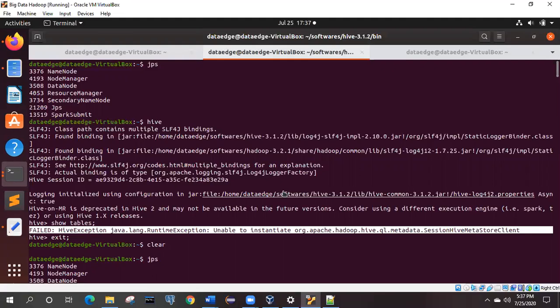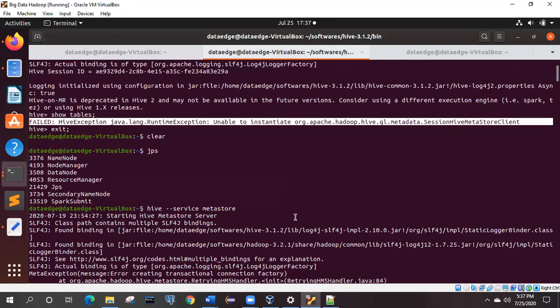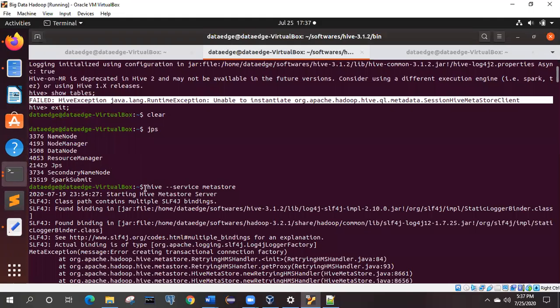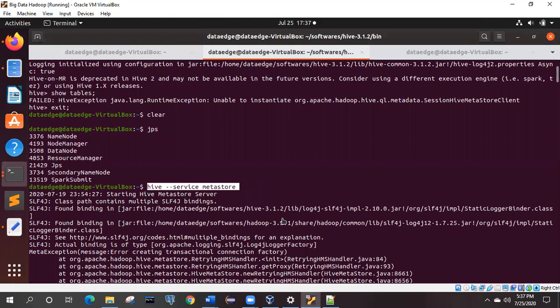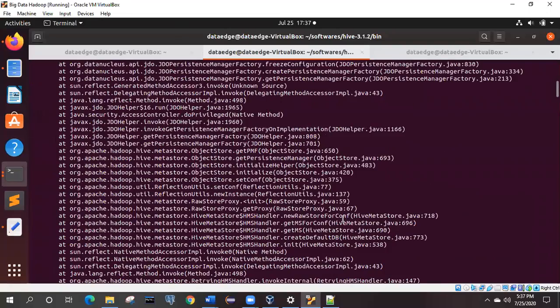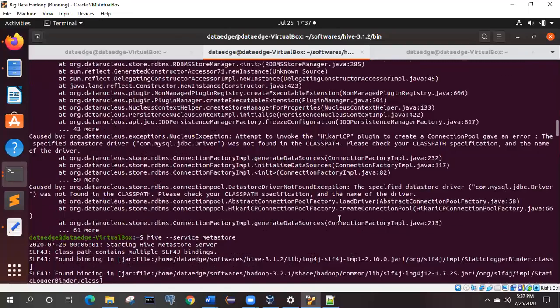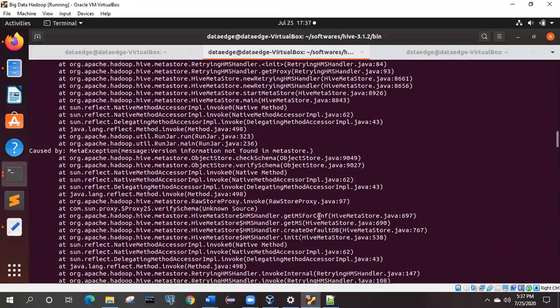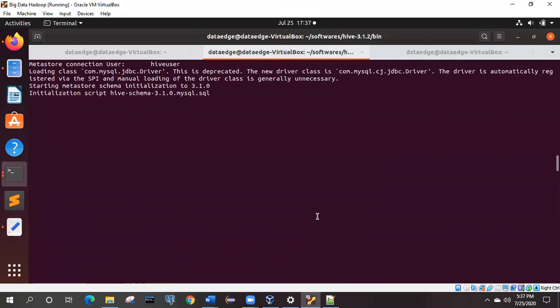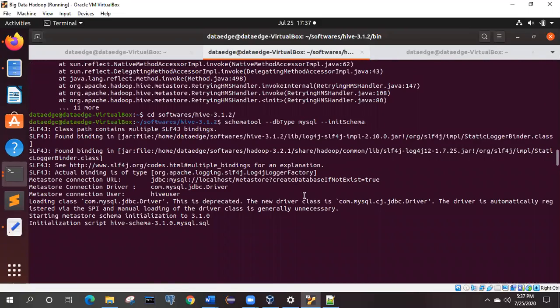It means that in your machine the Hive metastore is not started. This is the error. So how can you resolve this one? As you can see, this is the command to start the Hive metastore, and I will tell you all the things you need to take care of for that. These are the different errors I was facing.